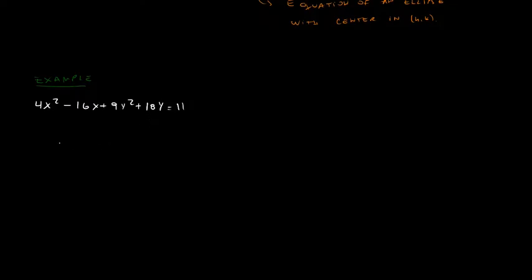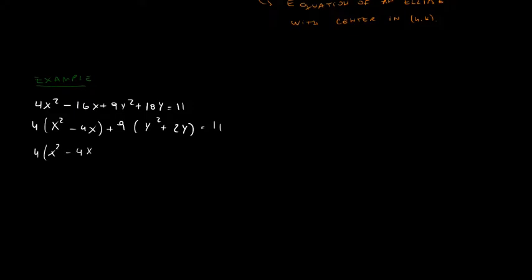First, let's take common factor 4 from the first two terms. This leaves us with 4 times (x squared minus 4x). And from the last two terms, let's take common factor 9. This will be 9 times (y squared plus 2y). And this all equals 11. Now, we can rewrite this